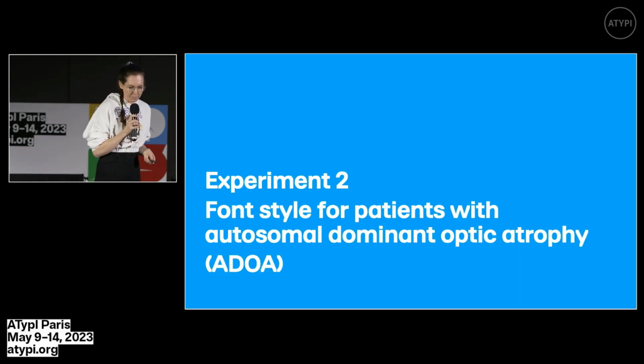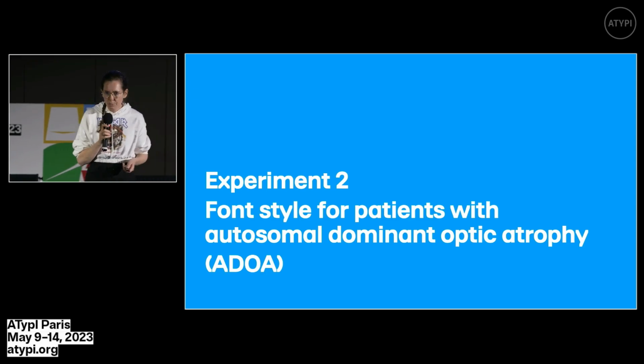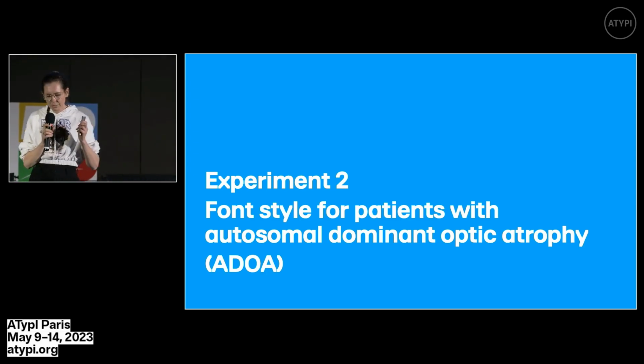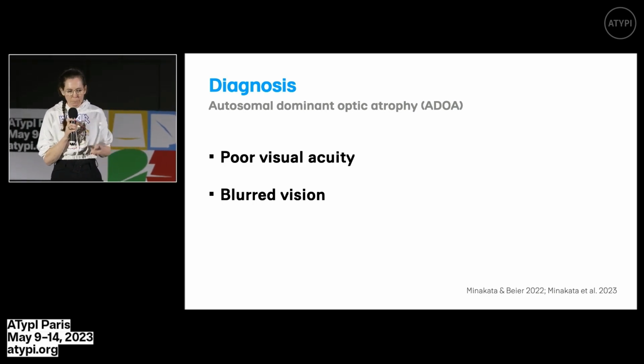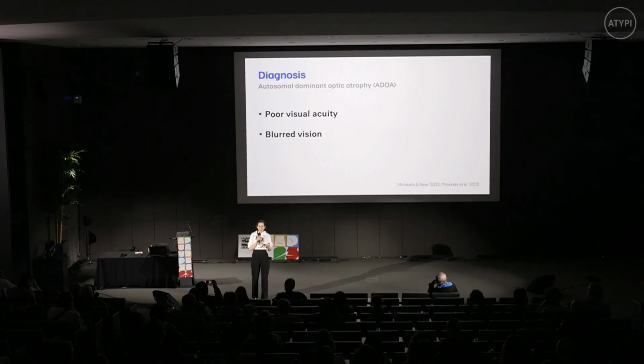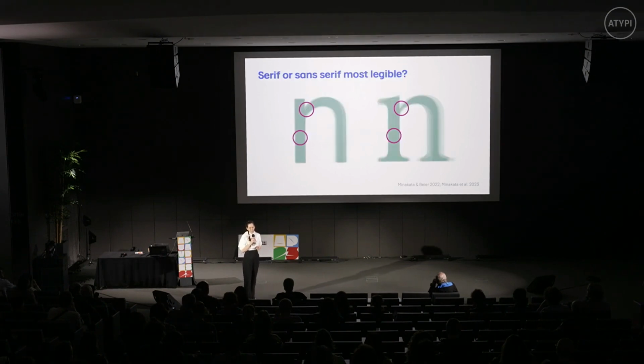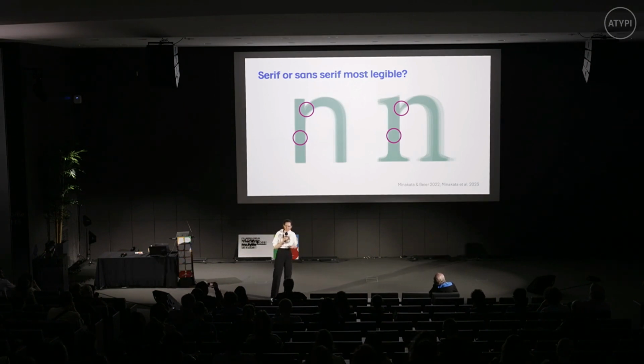The next experiment is with a patient group. They have a long name, we call them ADOA. They suffer from poor visual acuity and blurred vision. Similar things as the AMD patients, but not completely the same. So in this experiment, we were interested and we sort of observed that when you look at some non-profit low